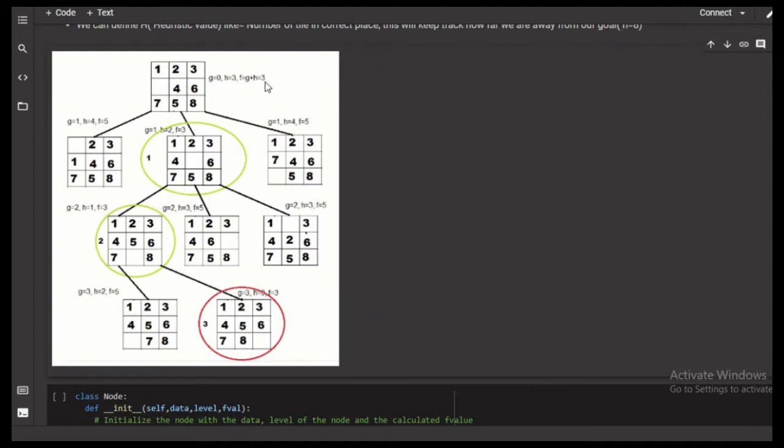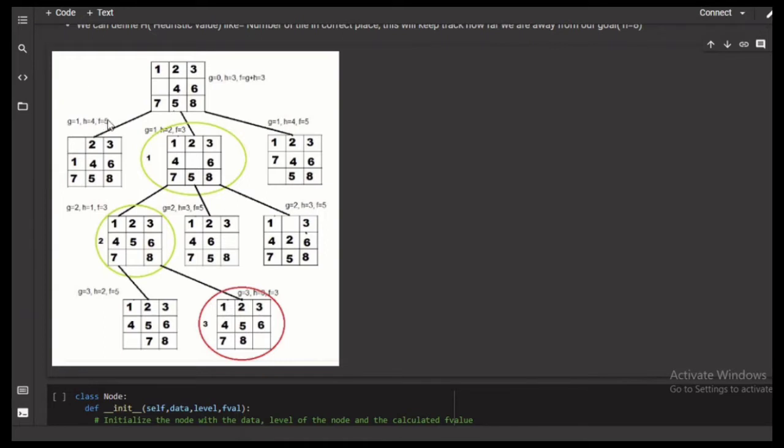So here there are some possibilities to swap the empty tile with an adjacent tile, and according to that swap, there are 3 children of this node at level 1. The G value of all these children is equal to 1, and then we select the child having the lesser F value. Here F value is 5, here F value is 3, and here it is 5.